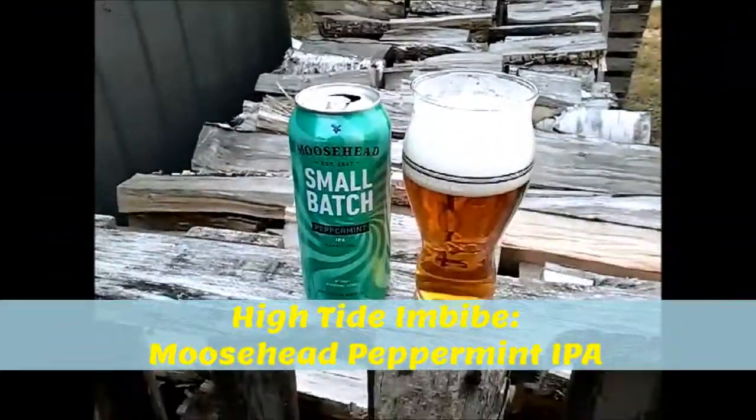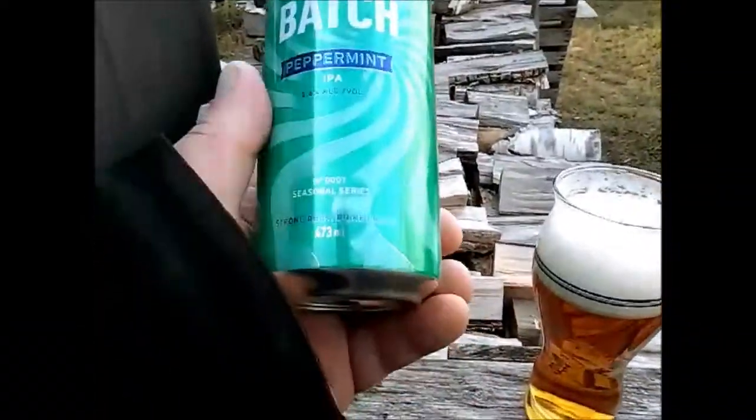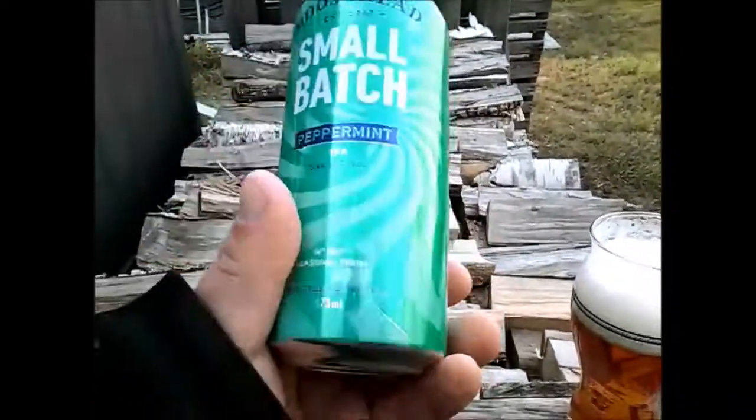Back for another High Tide Imbibe, and we got another one of the small batch from Moosehead here. And this is their seasonal series, apparently. I don't know how many series they actually have going on in their small batch stuff, but